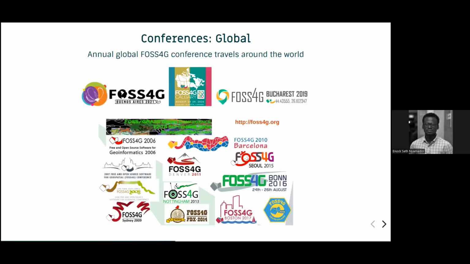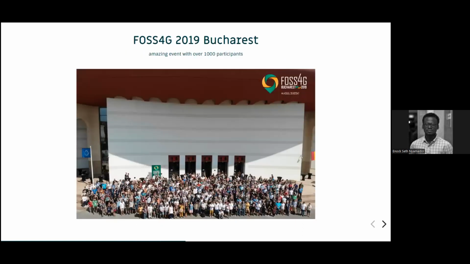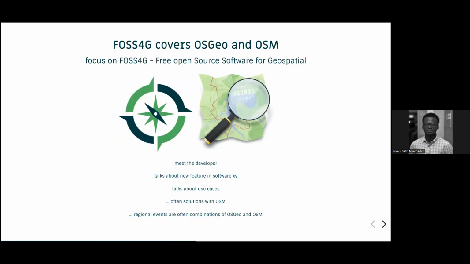Annually, there is a global conference called FOSS4G, which is the same level as State of the Map. Last year, or no, this year, State of the Map and FOSS4G happened in Firenze, in Italy. Telling you, the same or similar people run the conference. It's an overlap between the communities, more or less. And physical events unite people the same way. And FOSS4G, which is the annual event I mentioned, could be local, regional, or global.